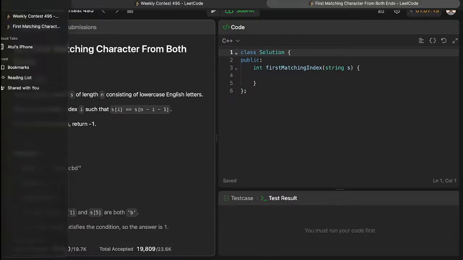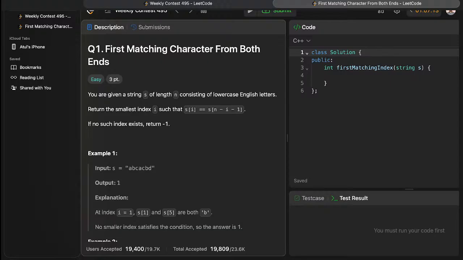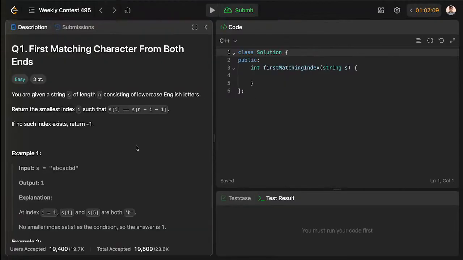The first matching character from both ends. So you are given a string s of length n, consisting of lowercase English characters, return the smallest index i such that s[i] is equal to s[n - i - 1]. So what it is trying to say is,